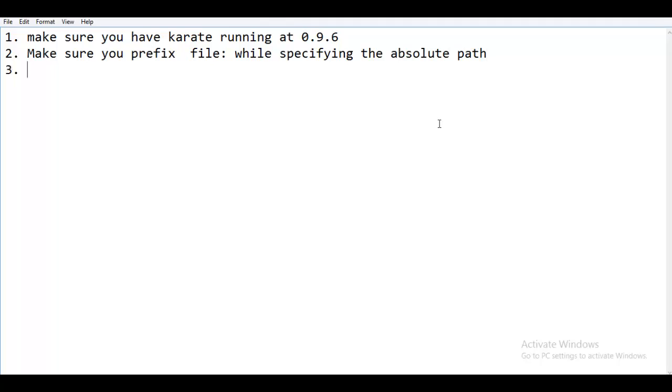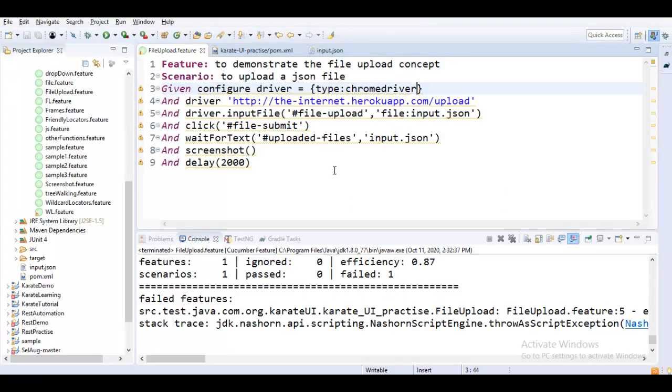And what else we understood? It only supports the Chrome browser right now, not the Chrome driver as well. So these are the three things that we need to keep in mind when we are working with this particular concept, because that is how Karate has limitations at this point in time.